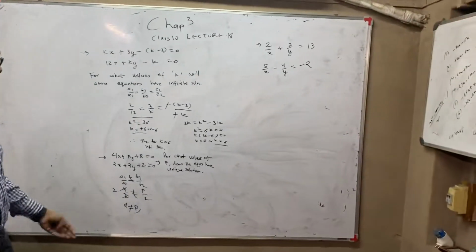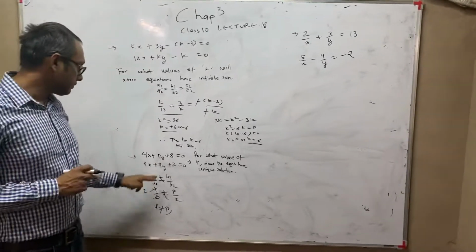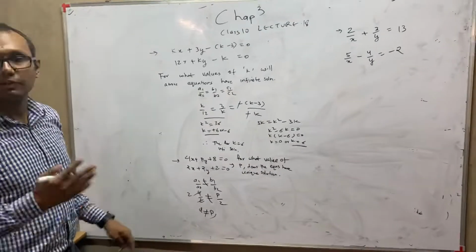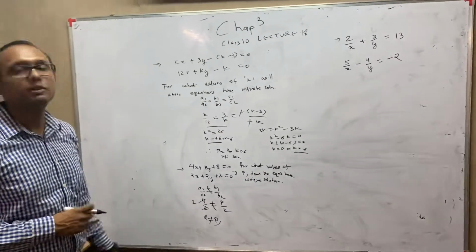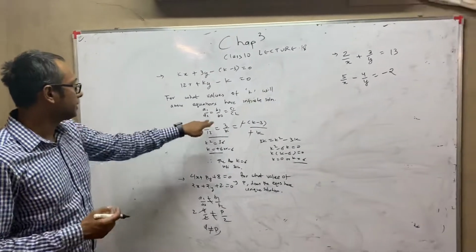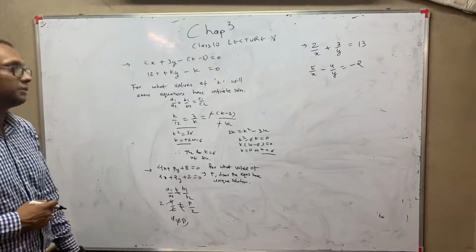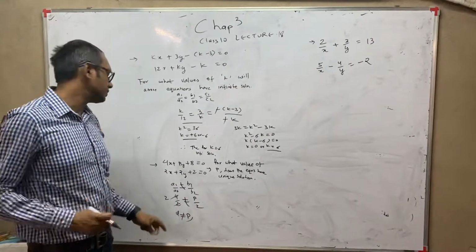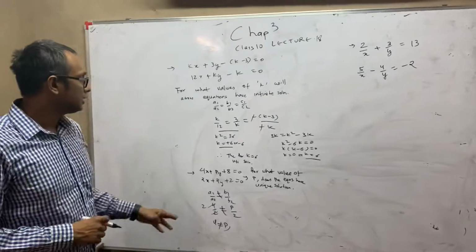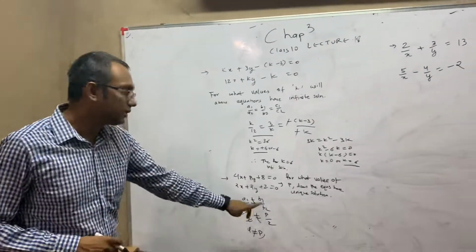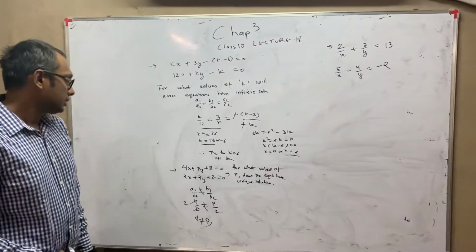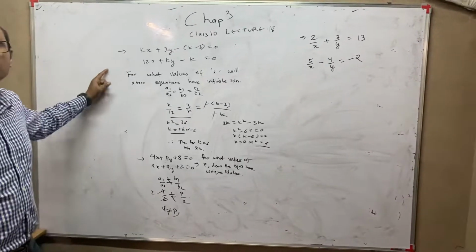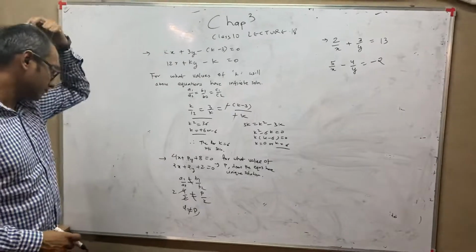And if you see also, for 1 second, suppose p was 4. If p was 4, then 4 upon 2 is 1 by 2. Here also 4 upon 2 will be 1 by 2. Then a1 upon a2 will become equal to b1 upon b2. But any other value apart from 4, say 3, 5 or any value, if you put here, then these ratios will never be equal. Okay. So this is how this sum has to be done. Again, these two sums you have to do as homework also. I will be giving them to you.